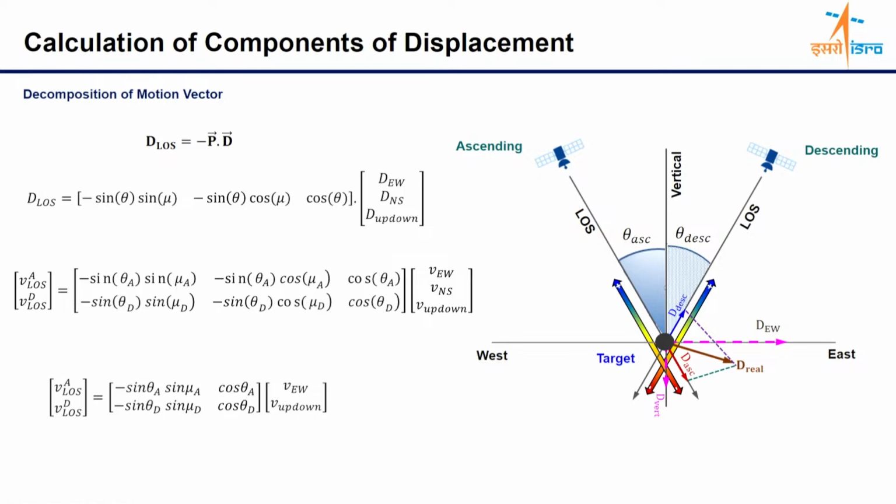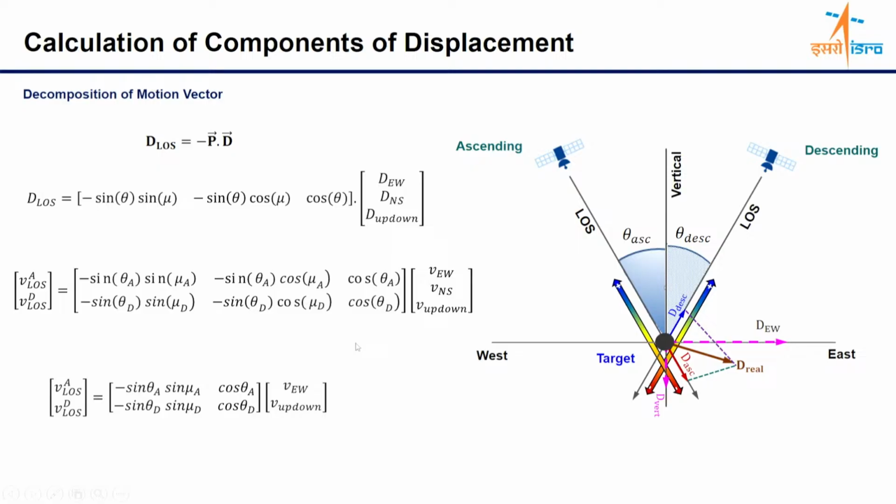So the actual deformation vector you can write as displacement along the east-west times the unit vector along the east-west direction, plus the up and down displacement component times the unit vector along the up and down direction, which you can consider as the z direction also. Now try to understand the limitations of InSAR. We are not able to calculate the three-dimensional deformation vector, but